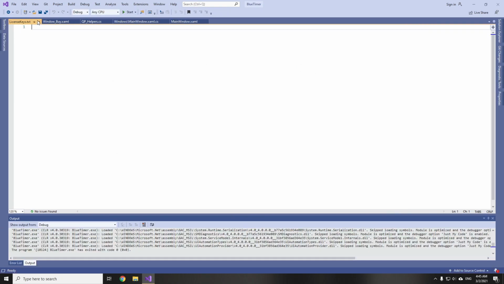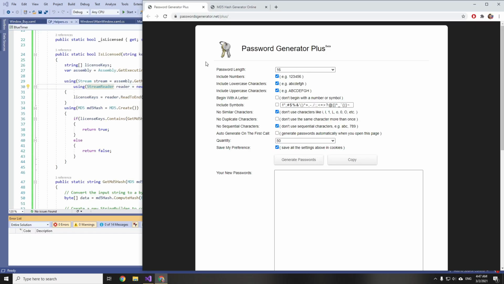Okay, so now you will learn how to create license keys. There are many websites where you can generate your license keys or passwords. It doesn't matter because you can use whatever as your license key, but the safer the better.